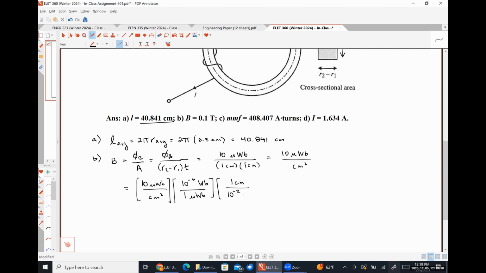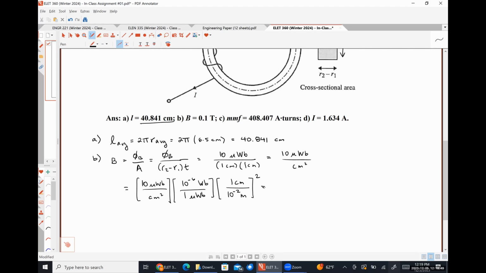Hold on just a second. 10 to the minus 2 meters, right? Because there are 100 centimeters per meter. I'm just doing the thing in the other direction. And I'm going to square that conversion factor to make the units work out correctly. Okay. So when I plug this into my calculator, I'm going to have